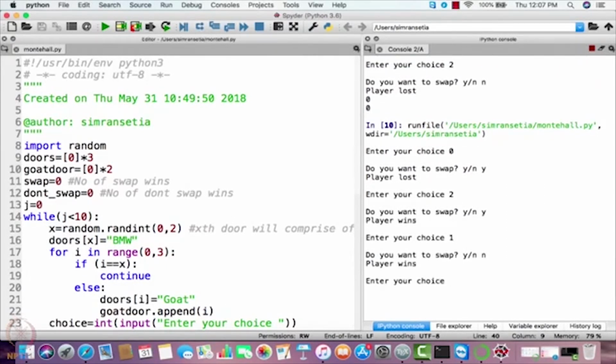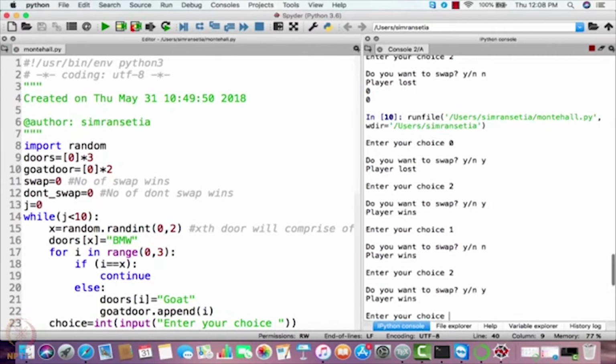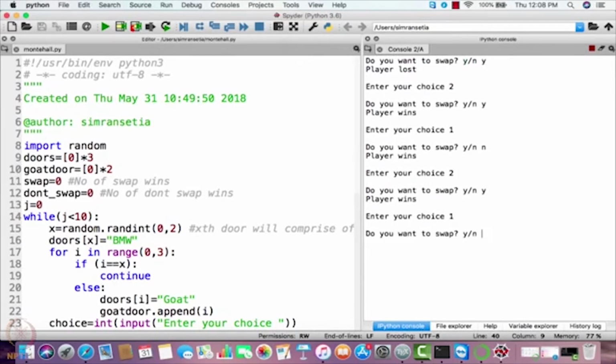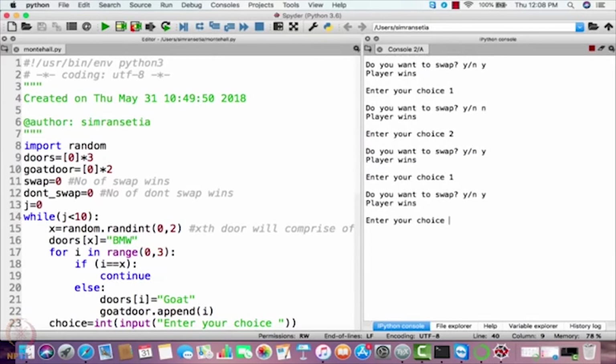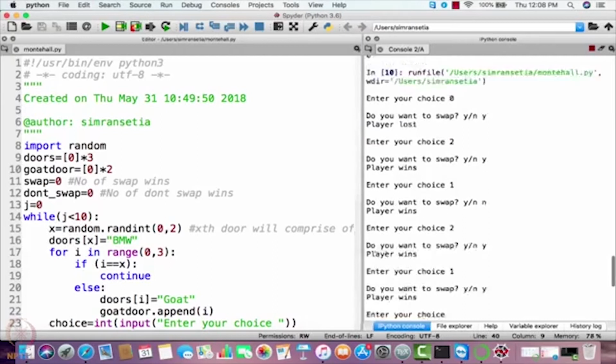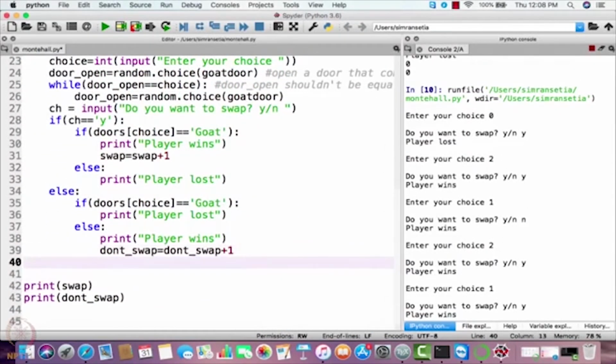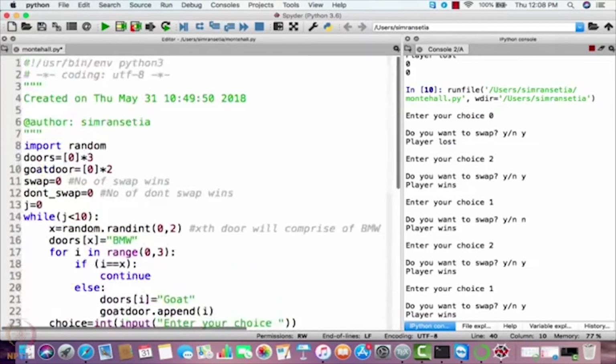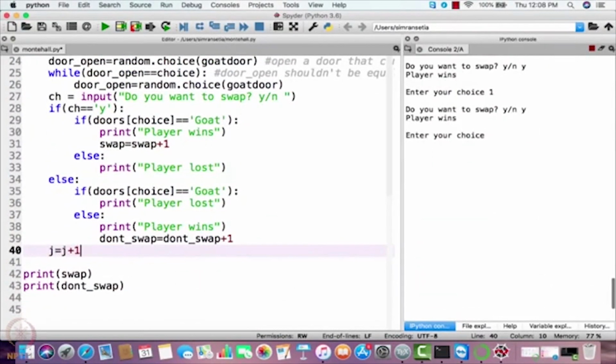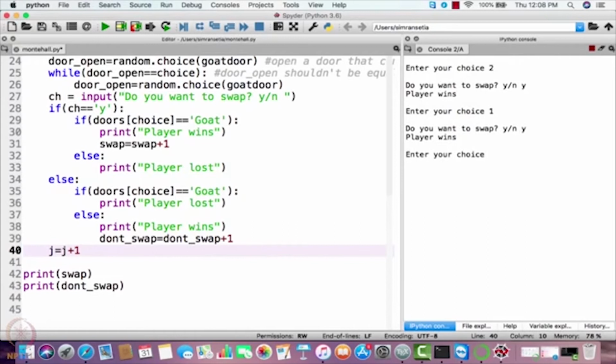No. 2. Swap? Yes. 1. Swap? Yes. So it is going on and on. I think we didn't increment the j variable here. Yes, you need to increment the j variable here, so just write j is equal to j plus 1 so that it runs for a definite number of times. Okay, so I'll just do that.